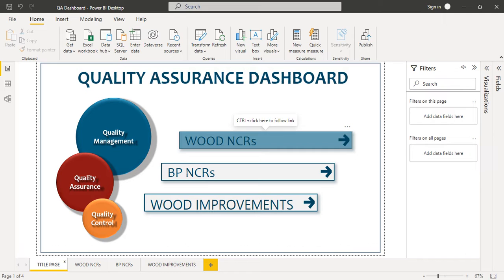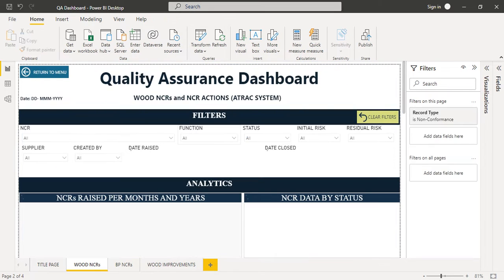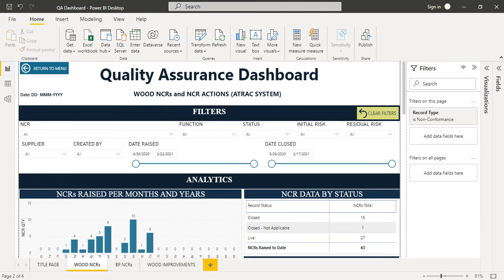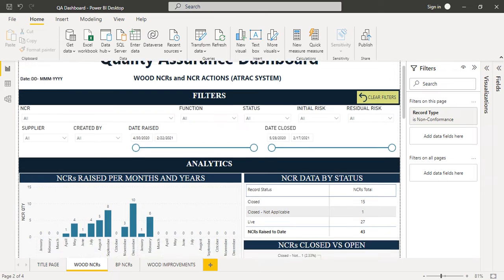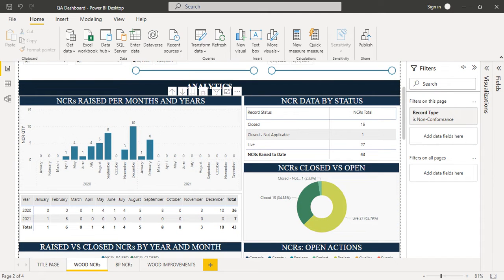So let's move to the first page of the report. It has a title area, a slicers or filters area, and 2 buttons: one to return to the menu, and a second to clear filters if any of them is applied in the filter area. Then we have the analytics area, which shows us NCRs raised per month and year, NCR data by status,